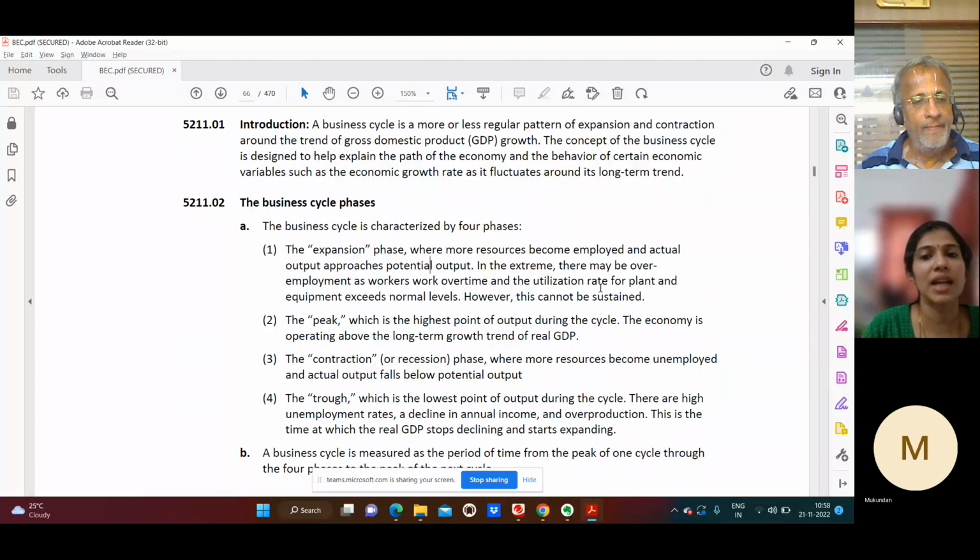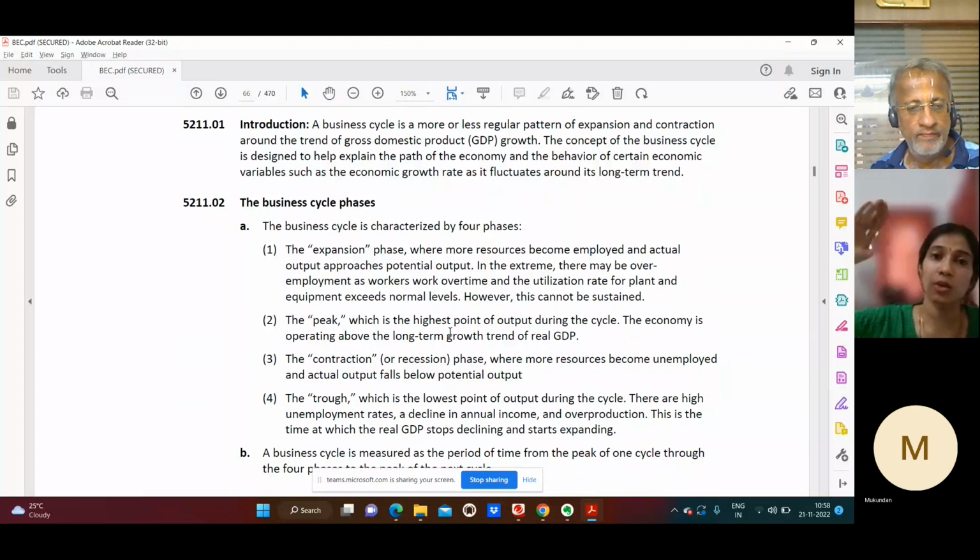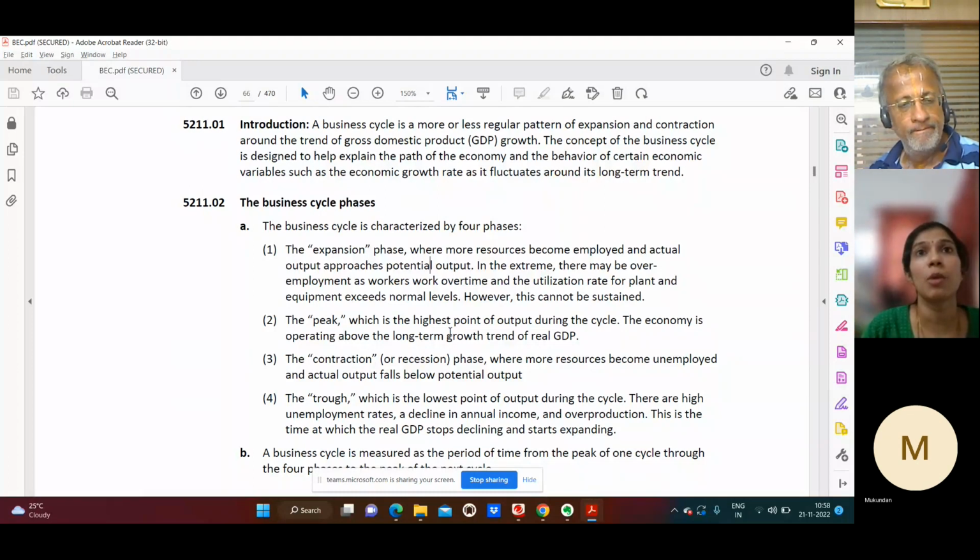So utilization rate is very high, and peak, as I said, is the highest point of output during the cycle, which means that you have reached it. You can think of your mobile phone markets. When mobile phones were introduced, the way in which the expansion was happening was tremendous, because